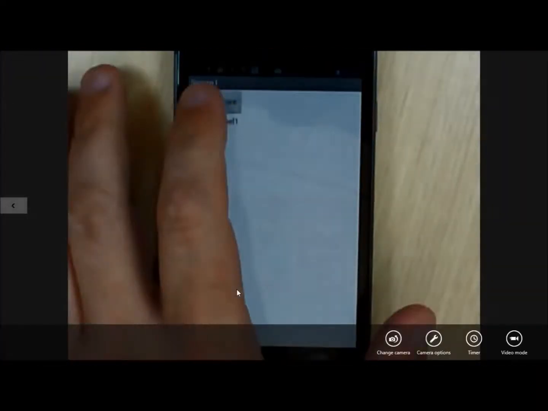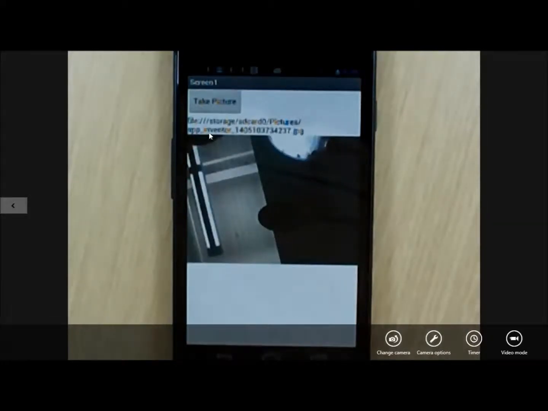So now when I go to take my picture, it doesn't matter what it is, a picture of the ceiling, you see it's giving me the location of where my file is stored. The reason I'm pointing this out to you is Android is a little bit funky sometimes about where files are stored. They're either stored locally on the phone or they're stored on the SD card. And depending upon where it puts it,